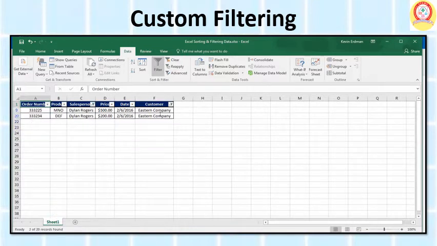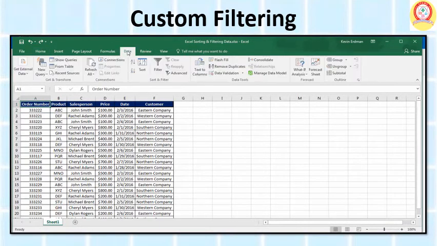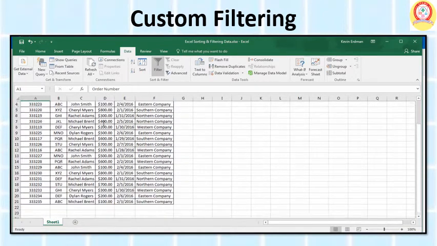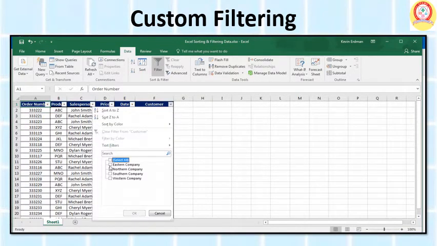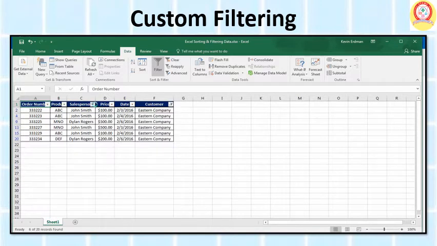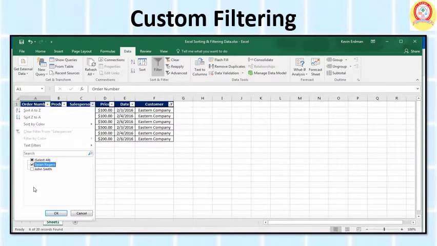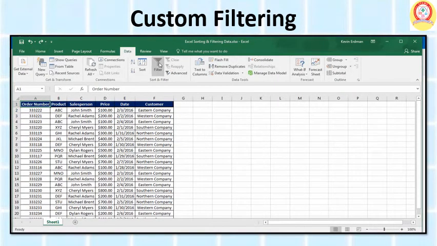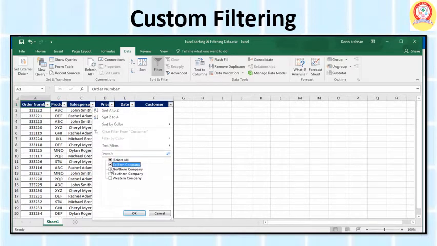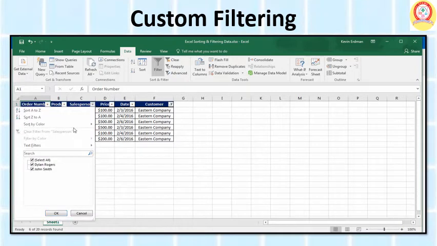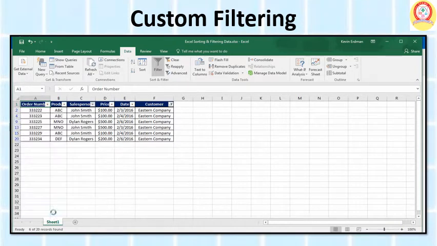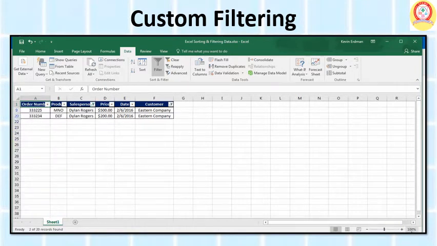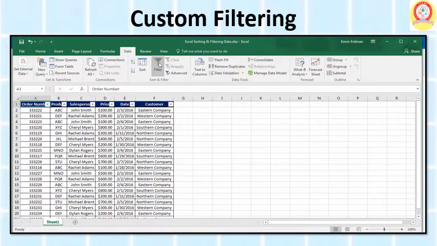Point to Number Filter in the AutoFilter drop-down menu and a submenu appears. You can choose a comparison operator, for example equals, greater than or equal to, etc. Then click Custom Filter. This will open the Custom AutoFilter dialog box. To display only those rows where the total is in the range 160 to 175, fill in the values as shown and click OK. Then the rows that satisfy the condition will be displayed.